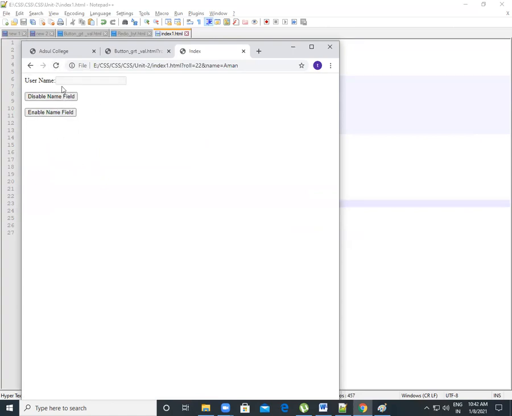Okay, when you click on disable, this text field is disabled. We cannot write anything in that field. When you enable the field, you can write anything in that field, like our college name.